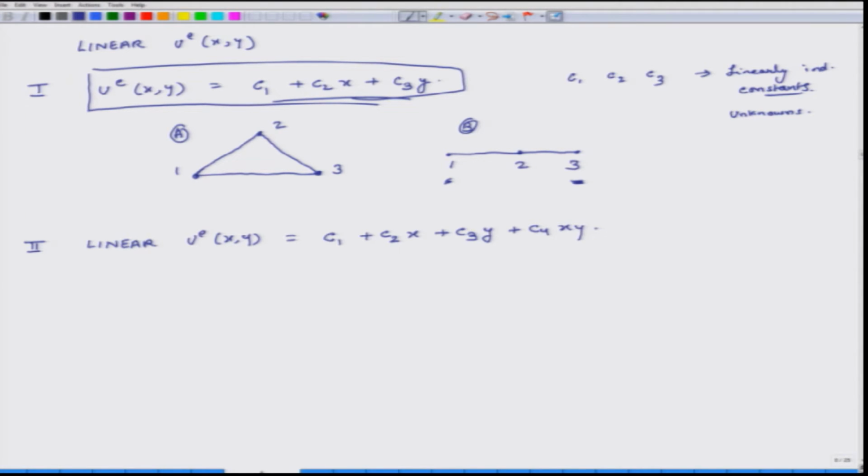So, here I have 4 constants, 4 unknowns C1, C2, C3, C4. To find out C1, C2, C3, C4, I should know conditions at least at 4 points. So, what could those 4 points be? These 4 points could be vertices of a quadrilateral,